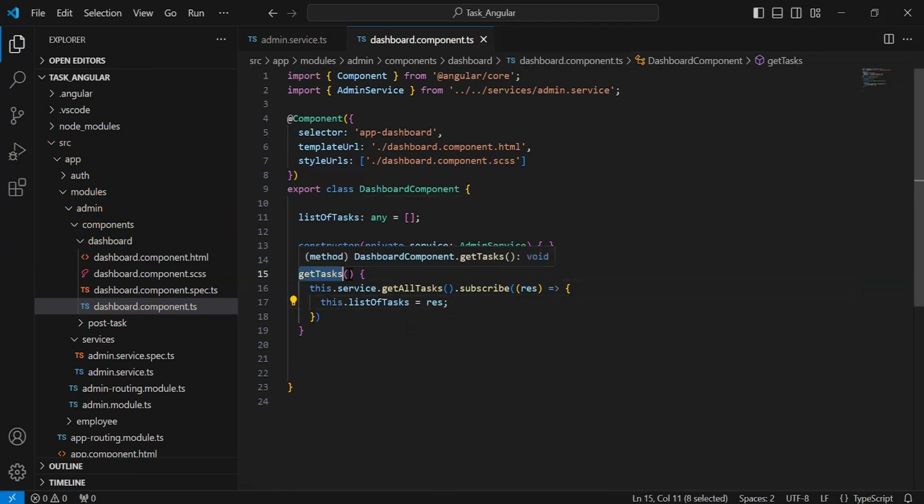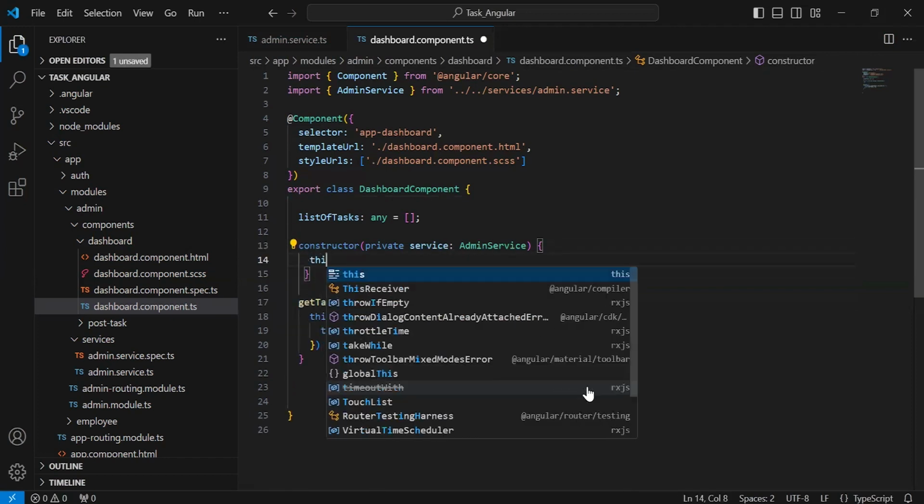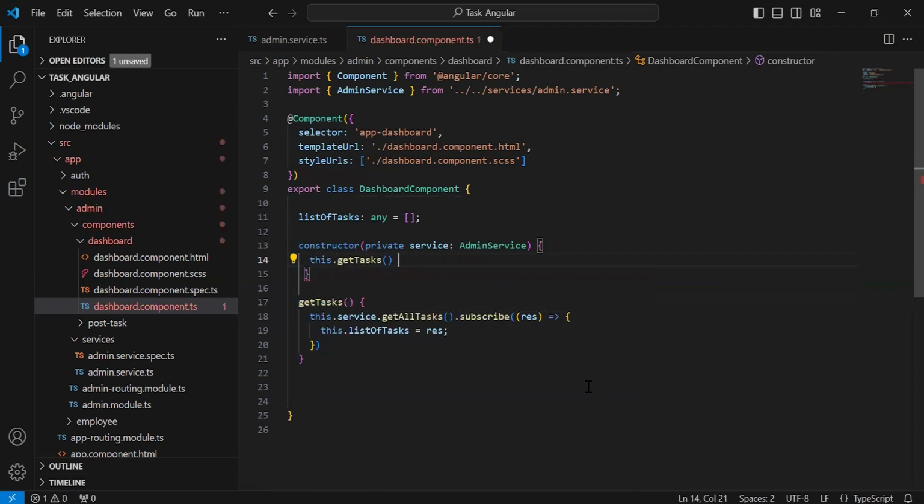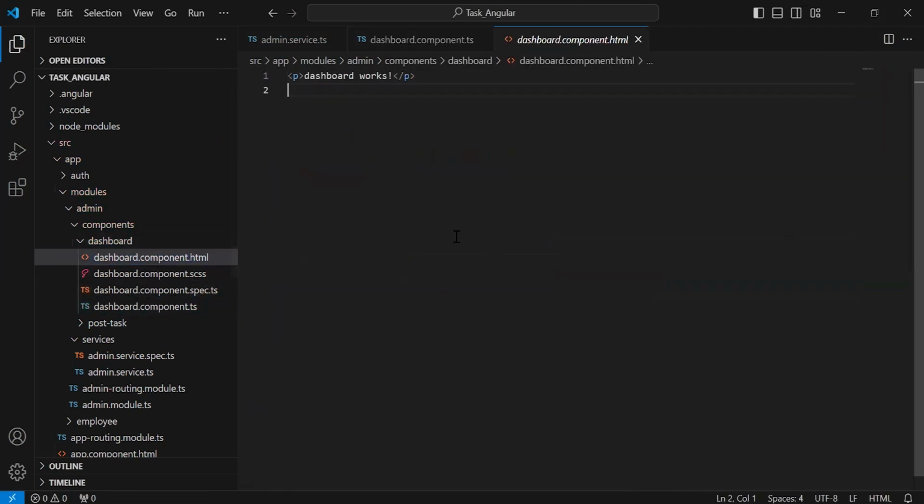We have to invoke this method. So let me copy the method name, and inside the curly braces of the constructor, I'm going to invoke this method, that is this.getTask. After this, let's go to dashboard component.html and here I'm going to add the HTML code where we will show